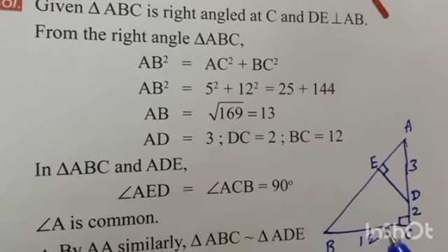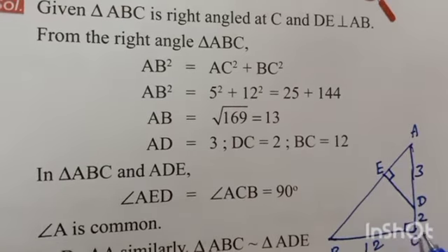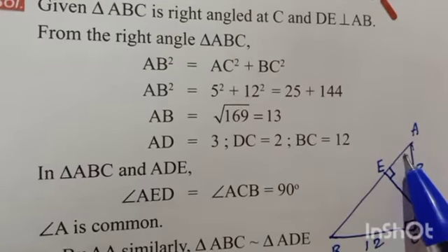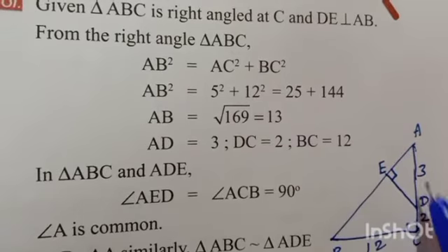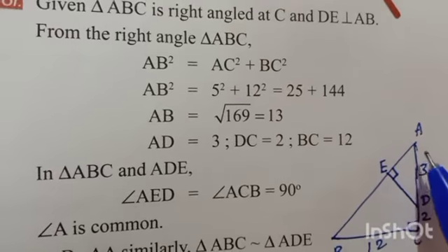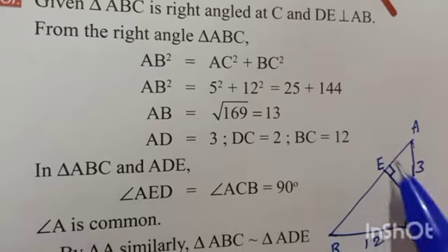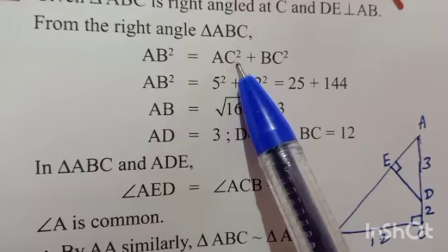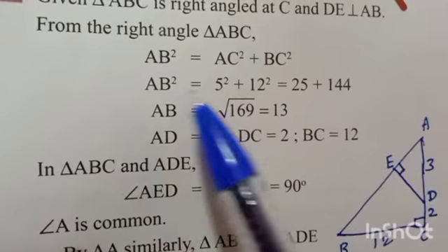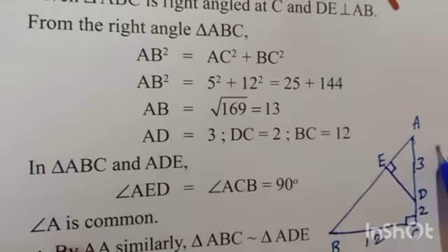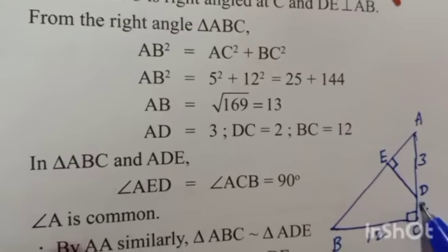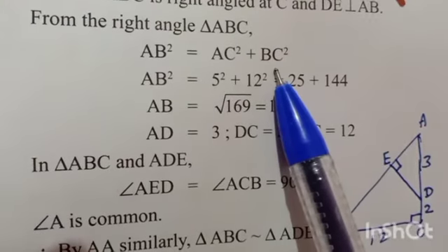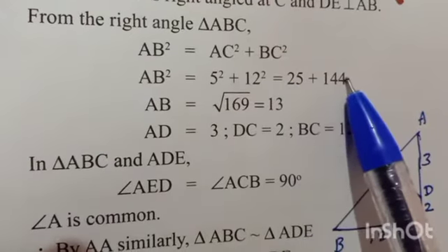Yes. So from this right angled triangle, for which any one of the angles is 90 degrees, we conclude that it is a right angled triangle. In right angled triangle ABC, the hypotenuse is AB. AB square is equal to AC square plus BC square by Pythagoras theorem. So AB square is equal to 5. For this length it is 3, it is 2. It is given in the question itself. So the full length is 5. Yes, that is 5 square plus 12 square. 5 square value 25 plus 144.